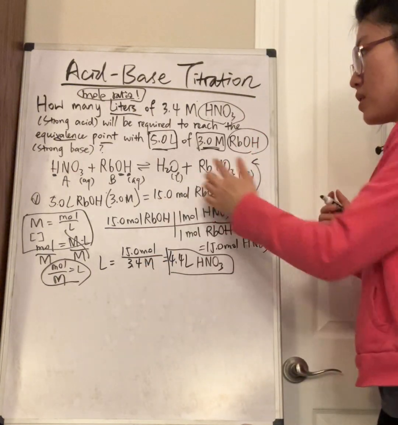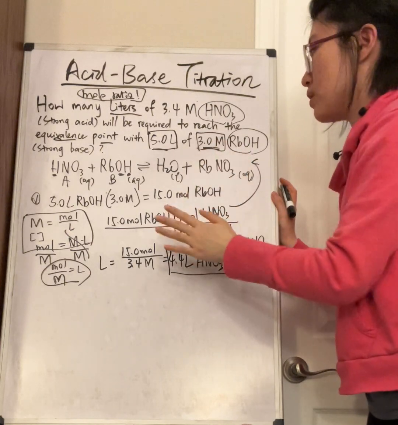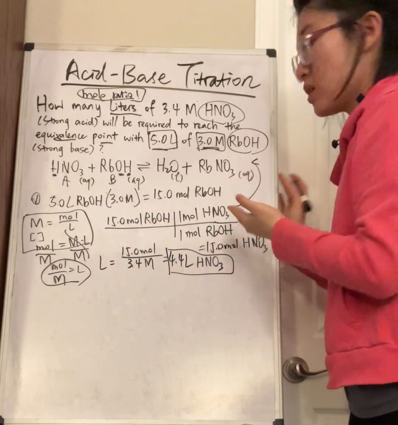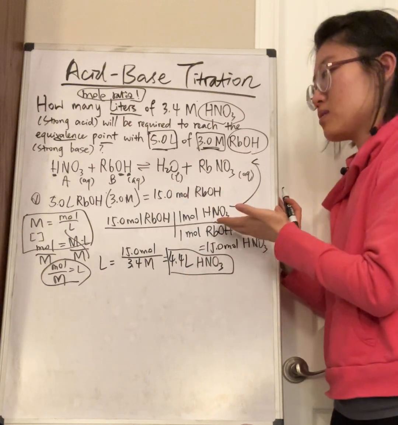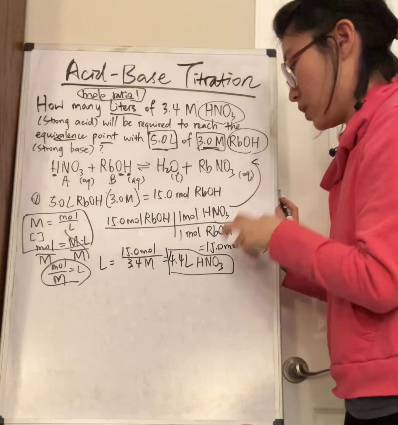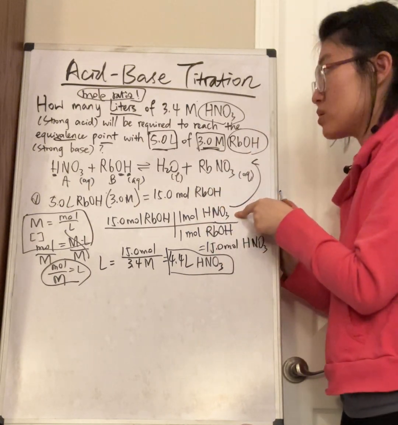In here, that reactant is RbOH. So we just plug in the liters and the molarity into the formula and get the moles of this. And this time we use the stoichiometry process, which is a 1-to-1 ratio. We can get the moles of HNO3, which is the thing that we want to find